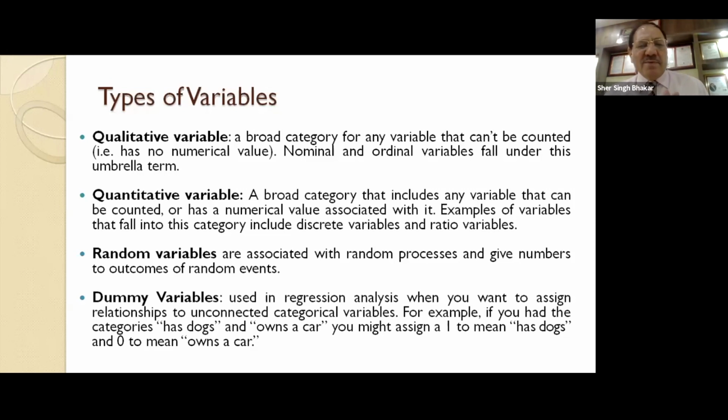Then random variables. A random variable is a variable that can take any values, and it does not vary in a single direction. It can vary in either direction. Anyway, we call it a random variable, and this has a very significant role in research. Majority of our independent and dependent variables are random variables because they can take up values on either side, and from person to person and time to time they change values, so they can be called random variables.